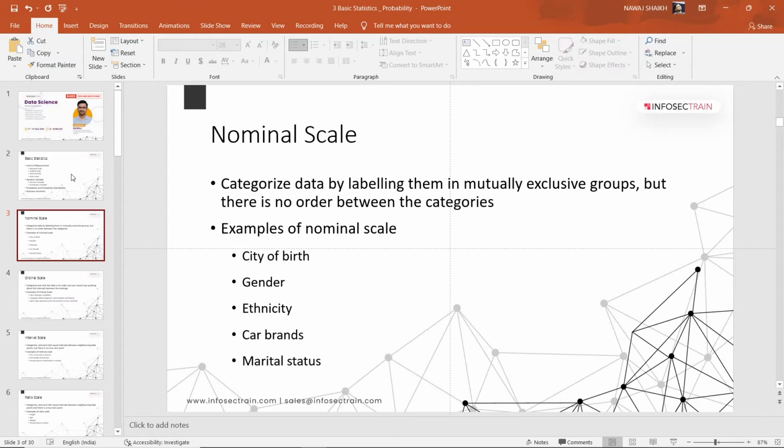Likewise, with gender, male and female, we can't order them. So these are nothing but the nominal scale, meaning we collect the data by using a nominal scale. Like ethnicity, car brands, marital status. From this scale, we can collect some columns in our data.